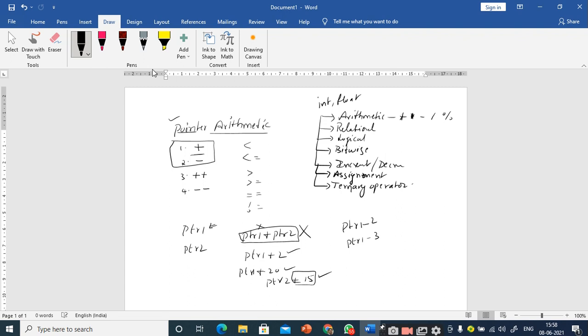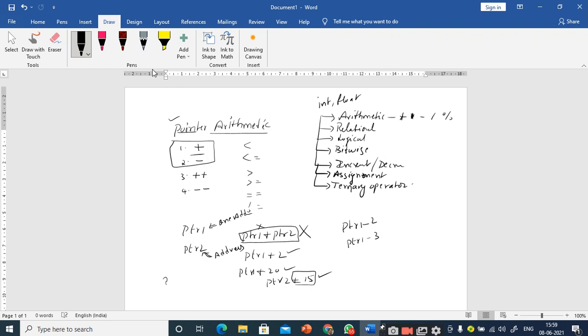It is storing an address. What is ptr2 storing? It is storing another address. Can I add one address to another address? Does it give any valid value? No, sir. Addition of two addresses does not give a valid value.